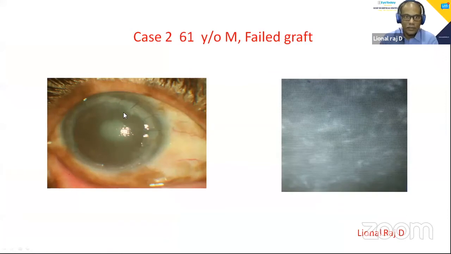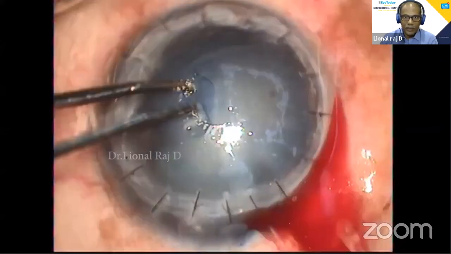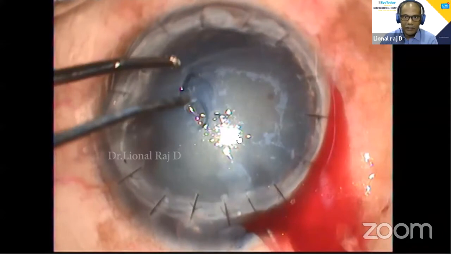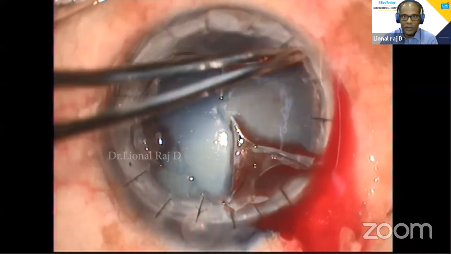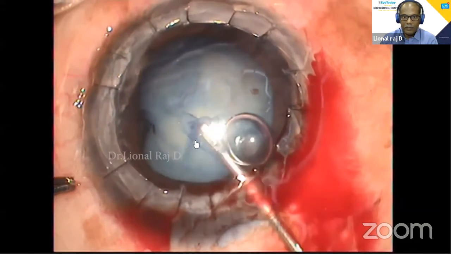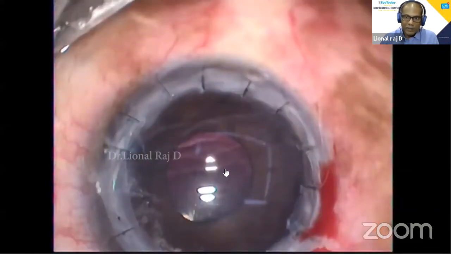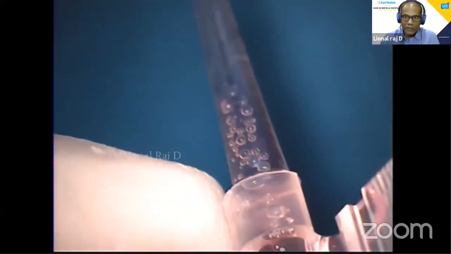This is another case for us, a failed corneal graft. In this case also, you can see we made, in the initial phase only, removal of the hypertrophied epithelium, which is very loose. Do a cataract surgery. And in all my cases, I generally do an inferior PI beforehand, before taking the patient for surgeries. Why do it inferior?